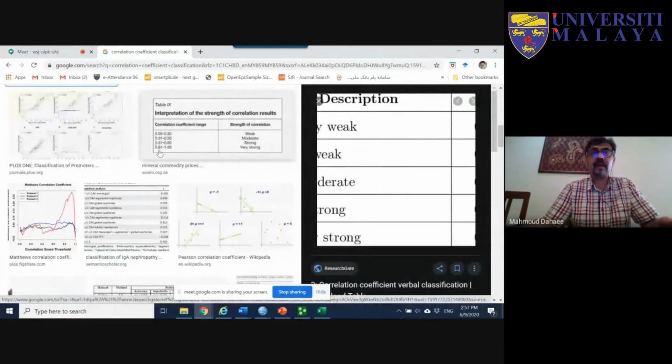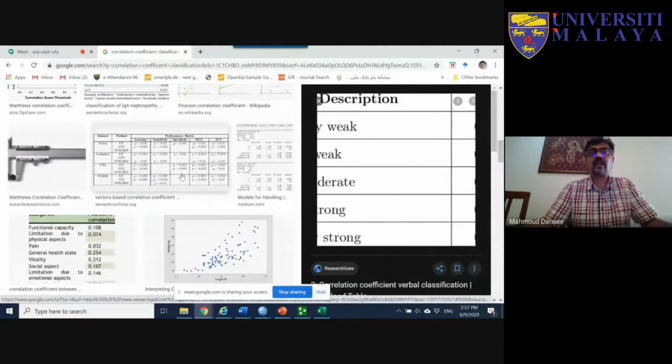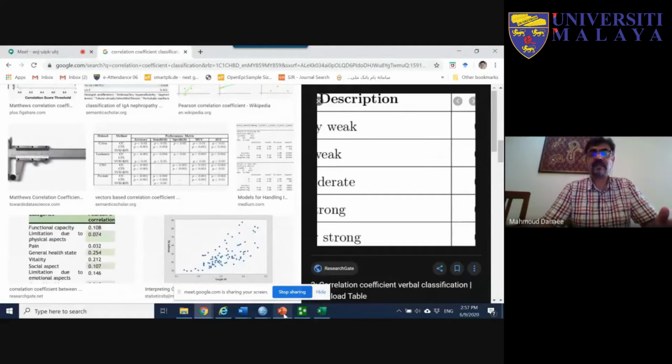So look at here, above 0.8, it is called very strong. For 0.5 to 0.8, we have different classifications, but usually 0.7 is considered as an acceptable level for the relationship between